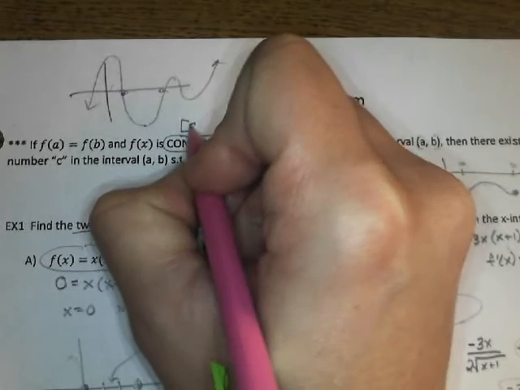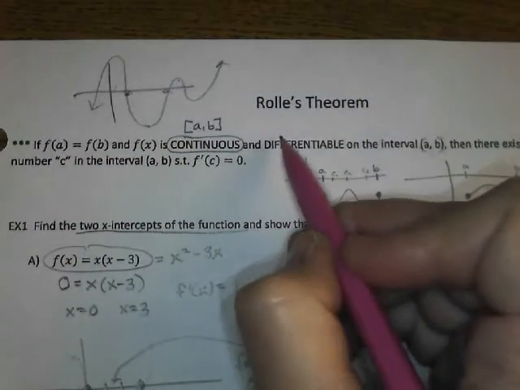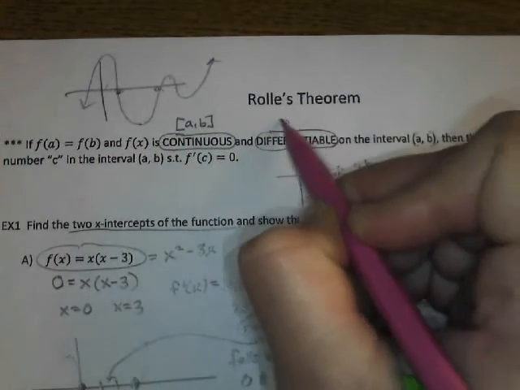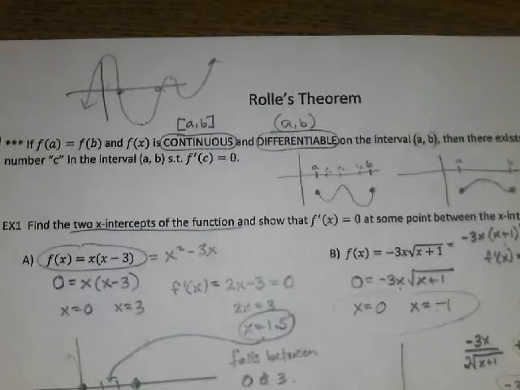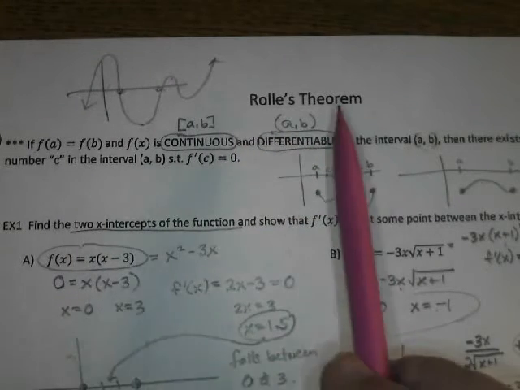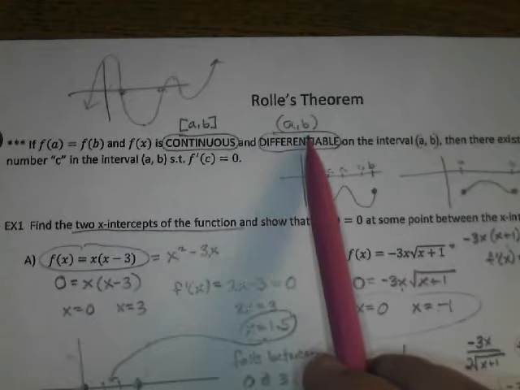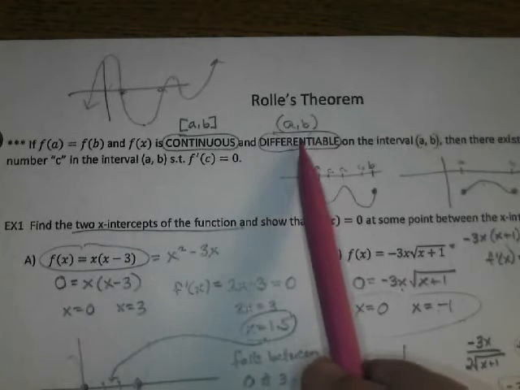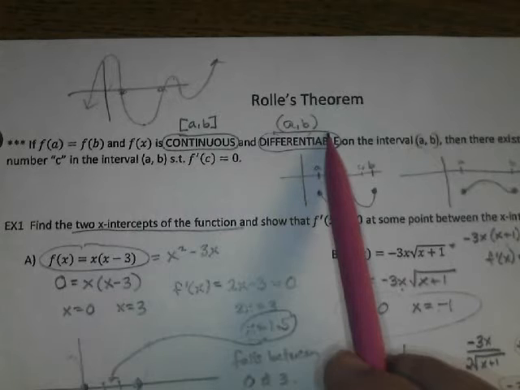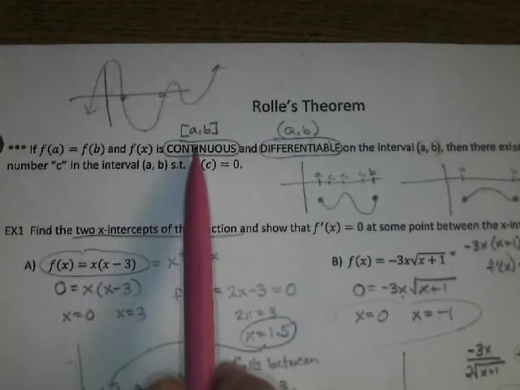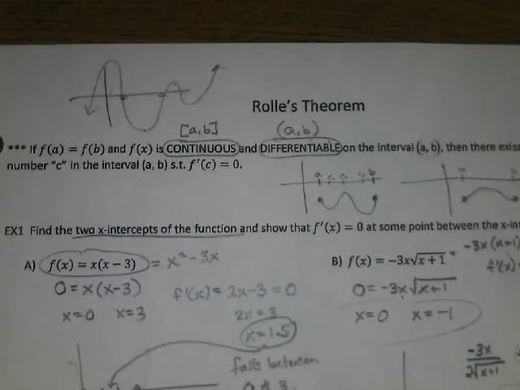Because obviously with endpoints, you can't be differentiable at the endpoint, right? So it's just saying it has to be differentiable between the endpoints. Does that make sense? But you can be continuous at the endpoint, and we need to be continuous at the endpoint. We need to have closed circles at the endpoint, otherwise the slope between the two endpoints wouldn't exist. If they were open circles, then those points wouldn't exist, so you'd never have an average rate of change between those. So I did kind of paraphrase this a little bit, but